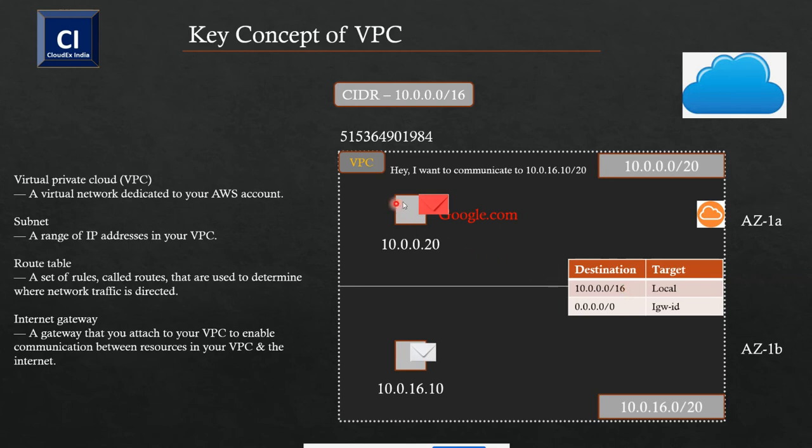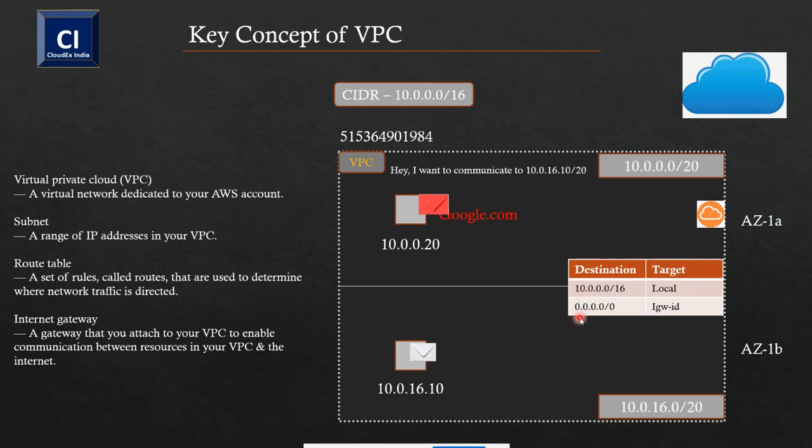Once it reaches your default route, your route table will see what your request is and where you want to go. It says google.com, but it says, I don't know who google.com is, because the IP you are carrying is not related to your local route. Carrying means you want to communicate. The google.com IP is a public IP address, which does not belong to your 10.0.0.0/16. So first of all, you have to create an internet gateway, and then